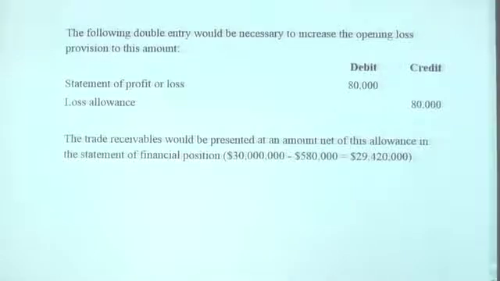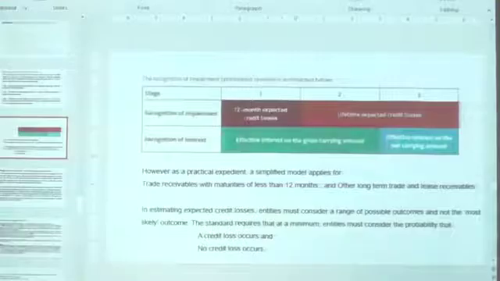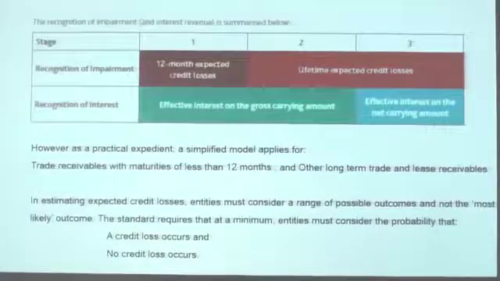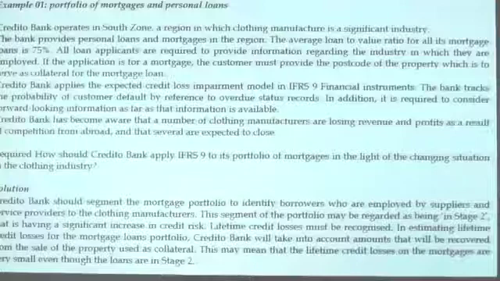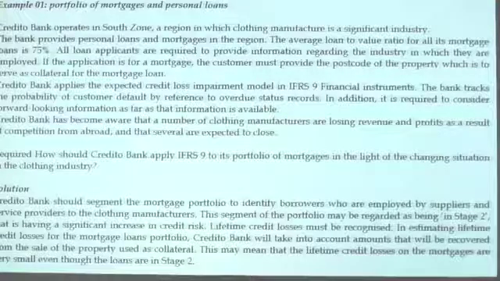Let us take a few other examples from this presentation. This is the presentation I presented yesterday about the 3 stages of impairment. We have an example to identify these 3 stages. Right, let us take this example. This is an ACCA example, but through this example you can easily understand how we can determine the debtor or receivable balance and their relevant stage of impairment.